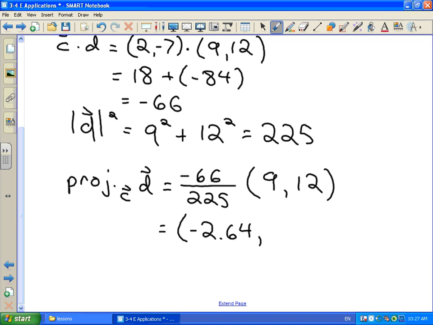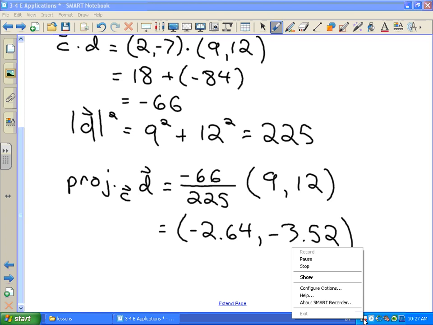Again, just punch it into our calculator. -3.52. Okay. And that vector there represents the projection of C onto D. Or this is the vector that is the component of C that points in the same direction as vector D. Okay? So let's save